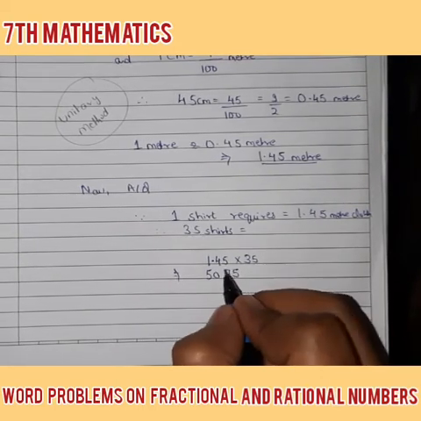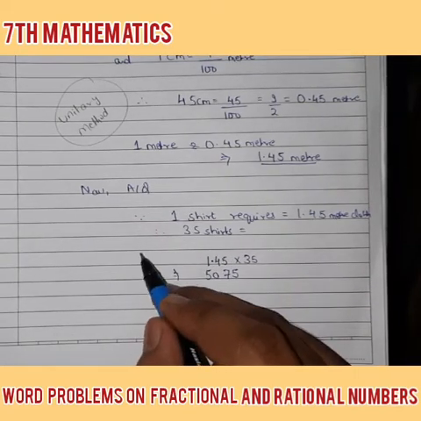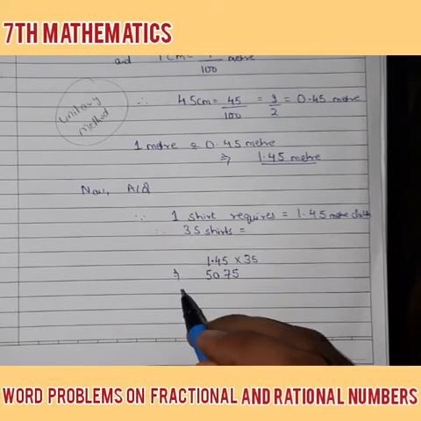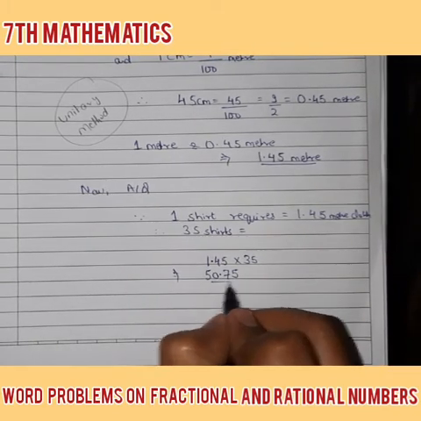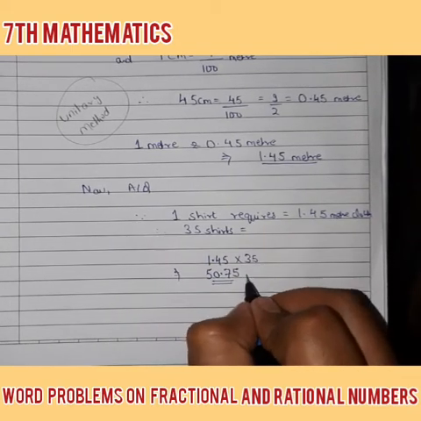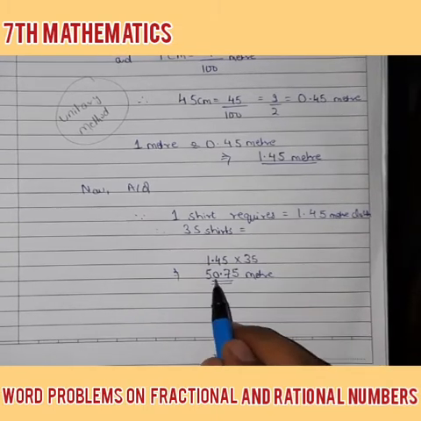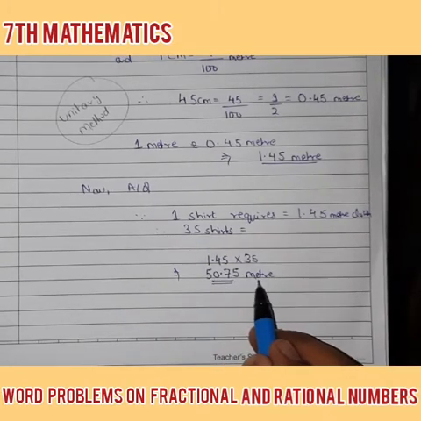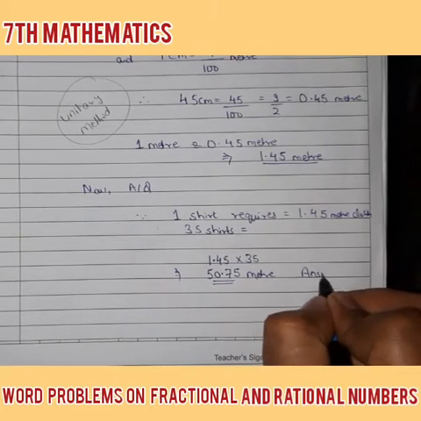Now we know, I have told you that rule earlier also, MRS JLS, multiplication right side, division left side, that you can see in my earlier lecture also. So here the decimal will come 50.75, and don't forget writing the unit, meter. So the final answer will be 50.75 meter of cloth is required for stitching 35 shirts. This will be your final answer.